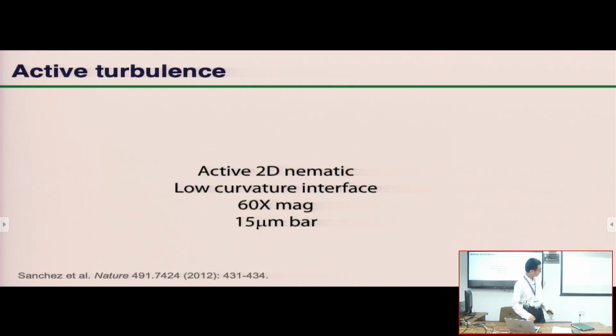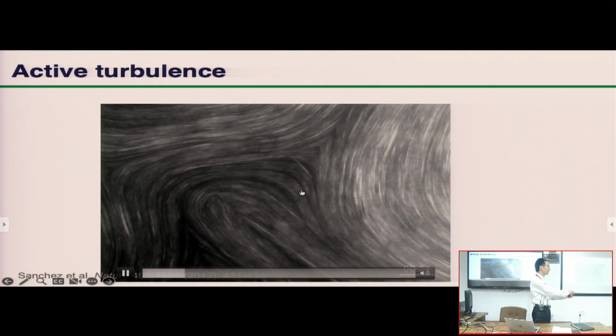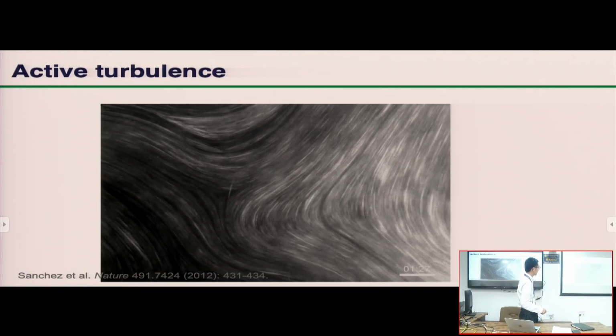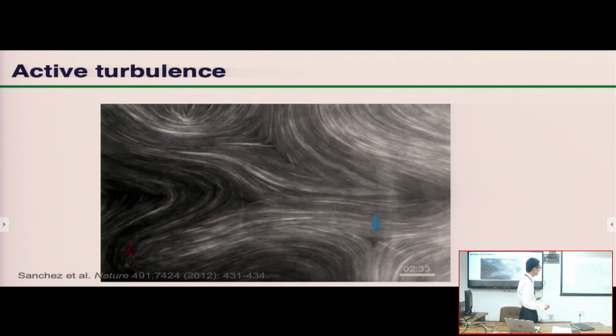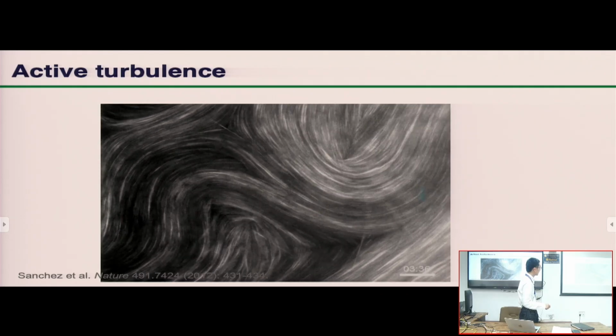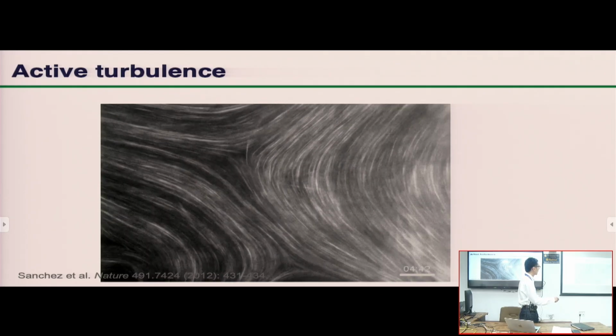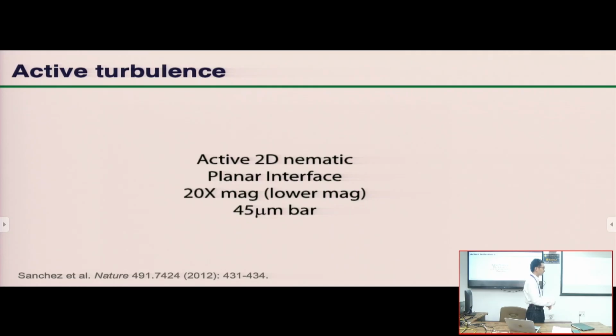So here's a video of the same system that we looked at, on an interface. So it's planar. It's easy for visualization. What's interesting here, as you would imagine, because these are active, is that the defect here is moving and evolving. Sometimes there will be